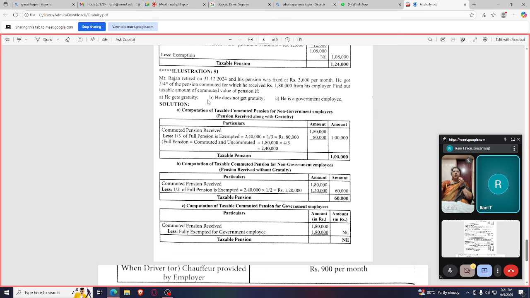So all the 3 you get in one particular problem, so that I have given 5 stars because it is an important question. Okay, first and foremost what we shall learn, we shall go through the non-government employee pension received along with